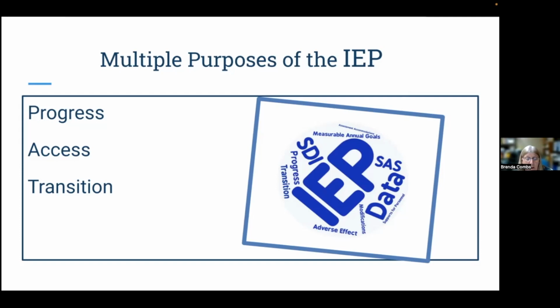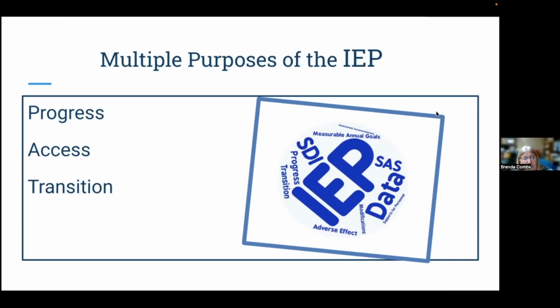It will help you write your present level statements all the way through till we're doing the yes, why. So it has everything in there that you need to know. So you need to have a copy of that and have it handy every time that you write your IEPs. That way you will have that. And once you go through that about 5 or 6 times, you will know it. So you won't have to flip through it so many times. It is a very good document, and you need to get yourself aware of everything that is in that document. Now, the multi-purpose, there's so many purposes of the IEP.